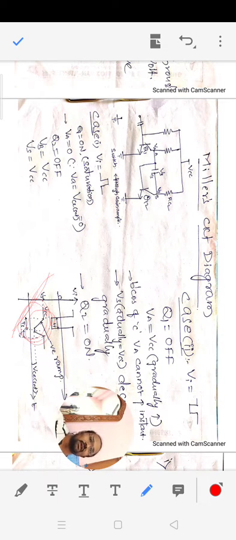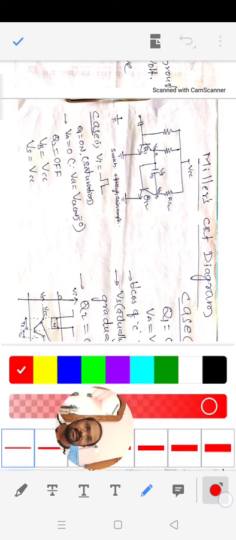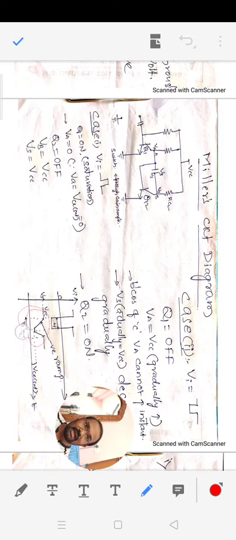So what we are applying is a positive pulse and a negative pulse, but we are getting the output waveform as a ramp signal, and that too a negative ramp. If you observe here, the capacitor voltage is decreasing from VCC towards zero. So gradually it is decreasing. It seems to be a negative ramp.